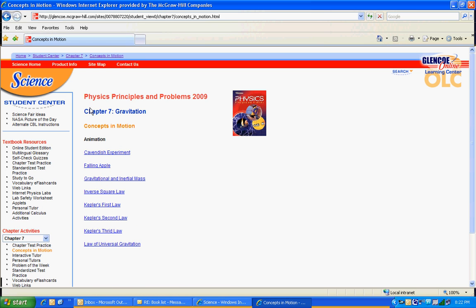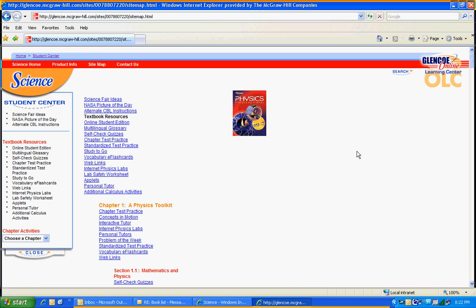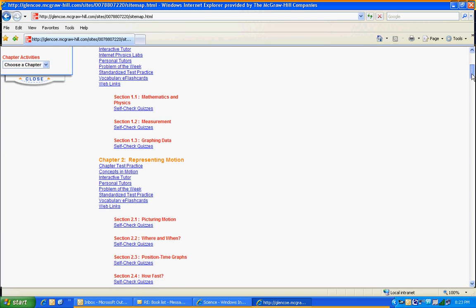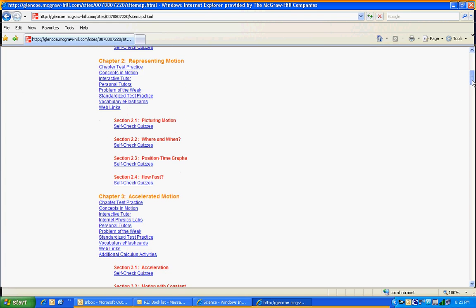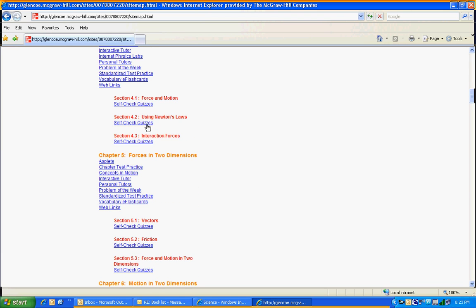Another way to use it for any of the sites is to, on the red bar, click on Site Map, and this will actually give you a drop-down menu of every unit and every chapter and exactly what's found. So if I scroll down, let's say I'm looking for one of the applets in physics, and I come down to Chapter 5, I can click on the applets, which are kind of miniature